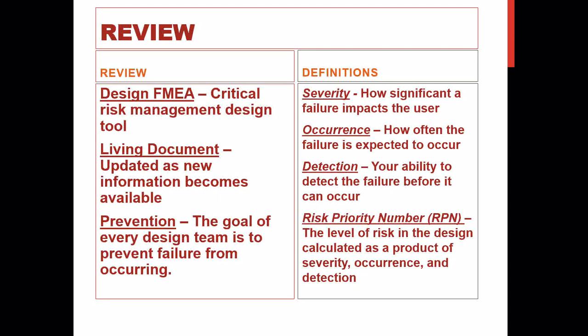Some strategies to apply when doing a FMEA. Well, you always want to start with your known safety issues first. From there, you want to focus on your high priority design requirements in your product, going through the various systems, and you can find these either through the QFD, that is the House of Quality, through the priority ranking there, or from your decision matrix tools as to which items were ranked as being most important versus those other features that were less important. Once you have those determined, as you're going through the failure